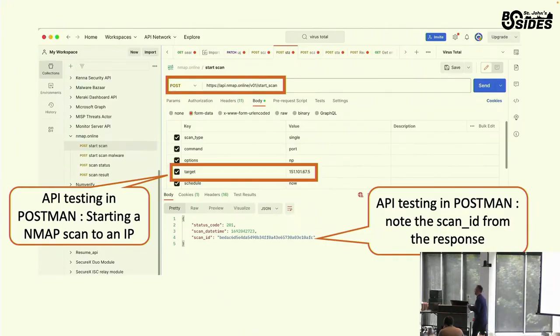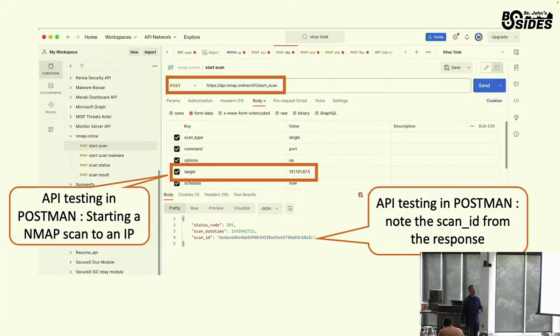Don't abuse it. And the beauty is you can automate this as well through the API, which is cool, right? So you can ask to scan any IP. Of course, for those of you who are familiar with Nmap, it could take anything from a couple of seconds to a couple of minutes to get the result.